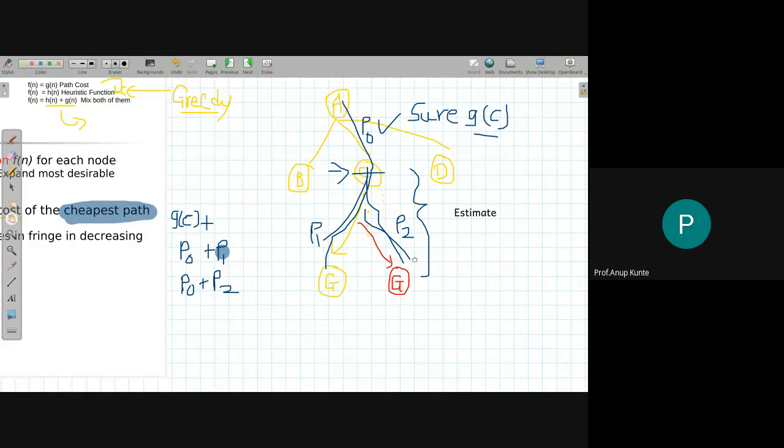For instance, if I have cities and I'm navigating the cities, the geographical straight line distance between them is going to be an accurate estimation of cost as far as the distance based cost is concerned between two